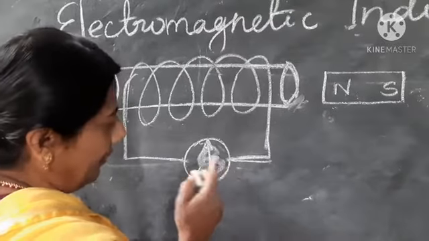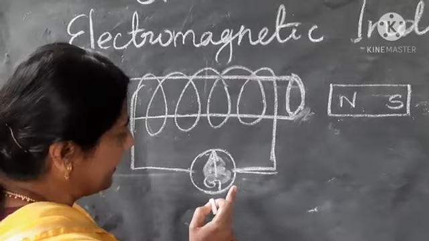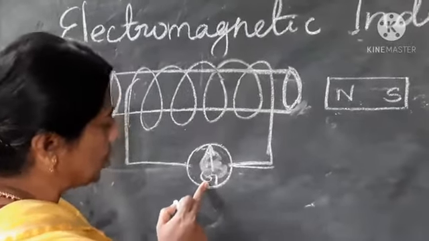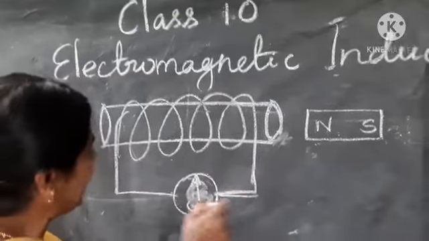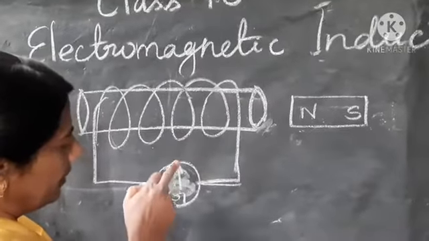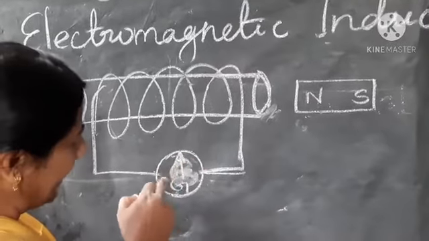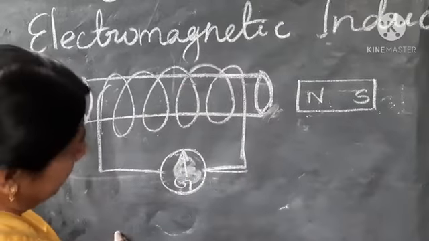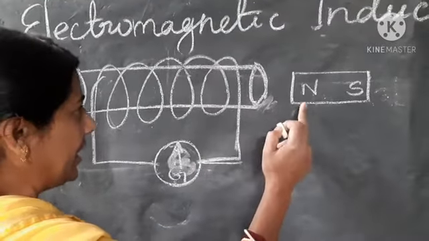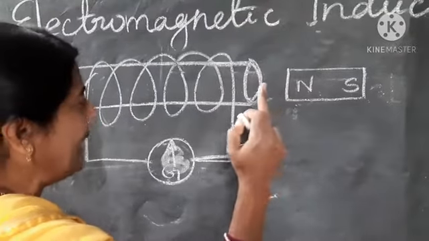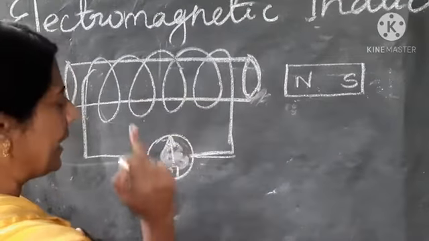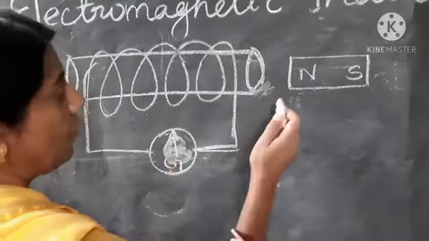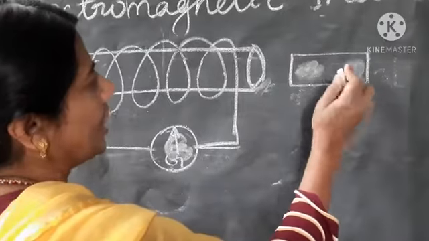From this we can understand, what is the use of a galvanometer? You know very well, it is used to test whether current is in the circuit. So here the needle is moving here and there. It shows that current is induced in the copper coil. What is the condition? Here a magnet is moved. When it is stationary, no current is induced in the coil. Now reverse the direction of the magnet.